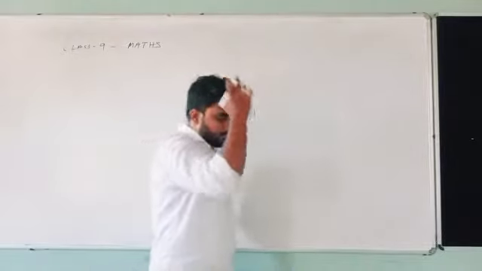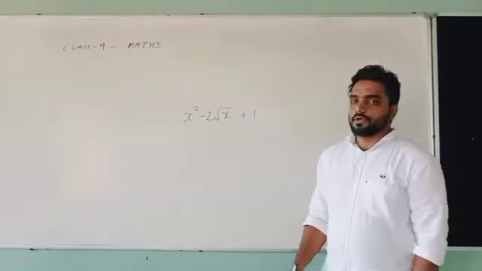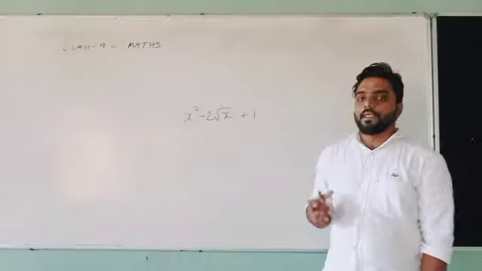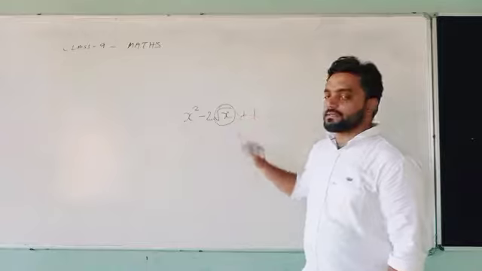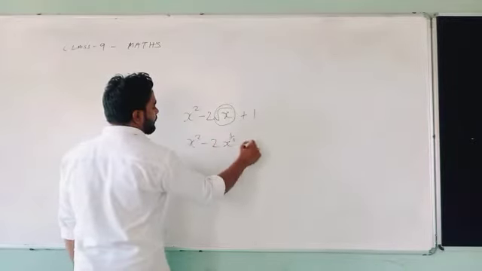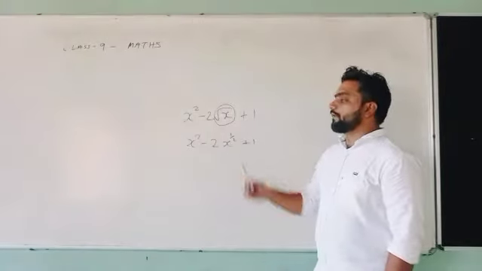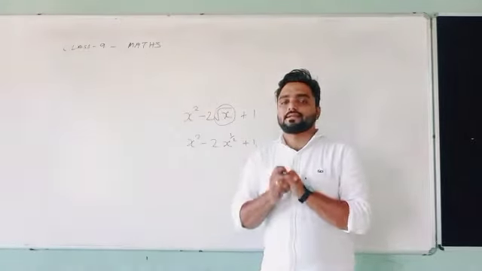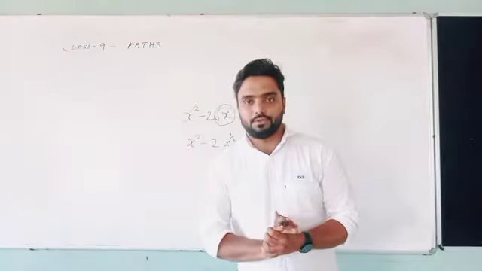Okay, whether you can consider it as a variable or not, whether you can consider it as a polynomial or not, understand or not. According to it, just see these are the powers of x. If I write it in the form of powers, x square minus 2x raised to half plus, just see the power of x is half, understand or not. As the power of x is half, that means it is not considered a polynomial, understand or not.